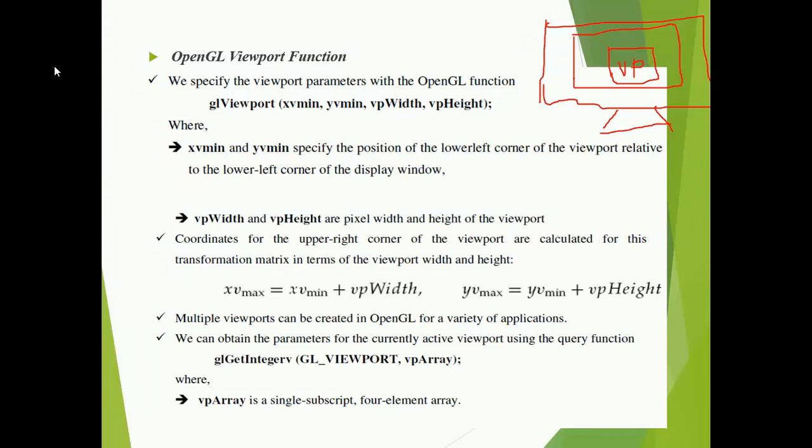You can have multiple viewports inside the display window, or you can have a single viewport also. So let us see how to define this viewport.